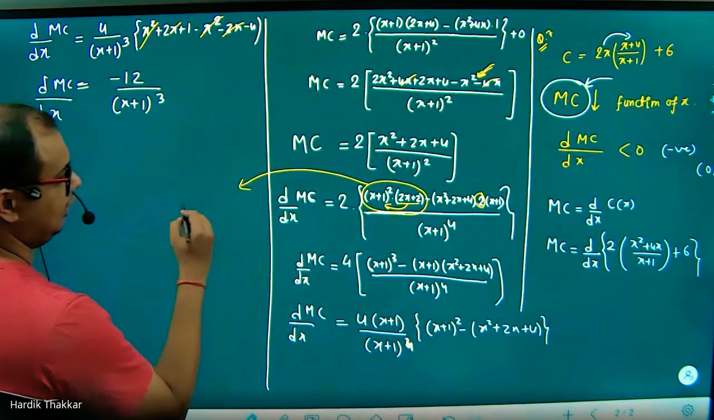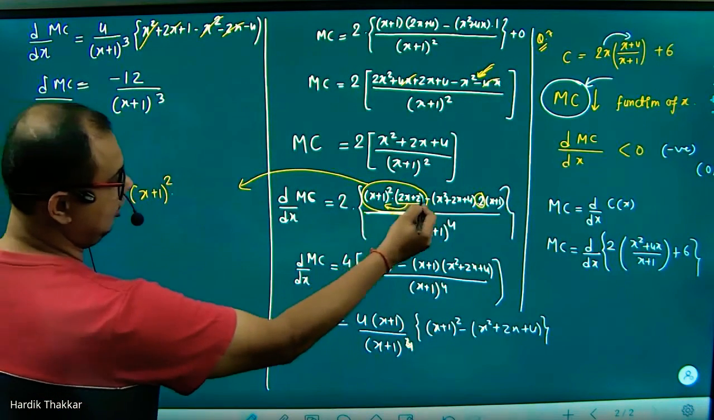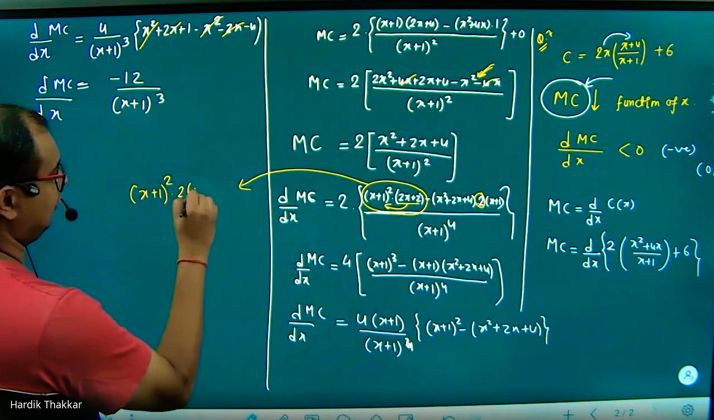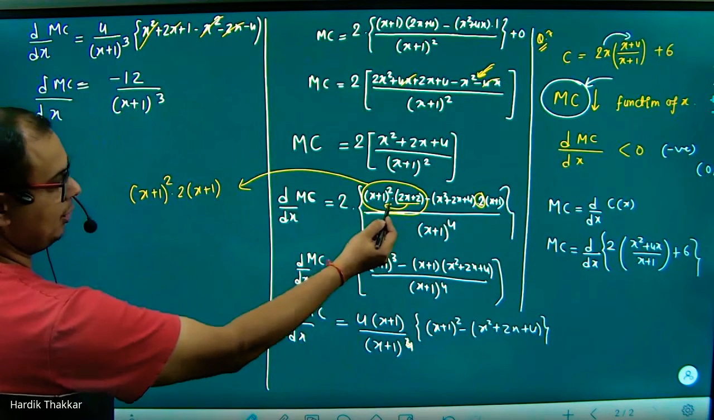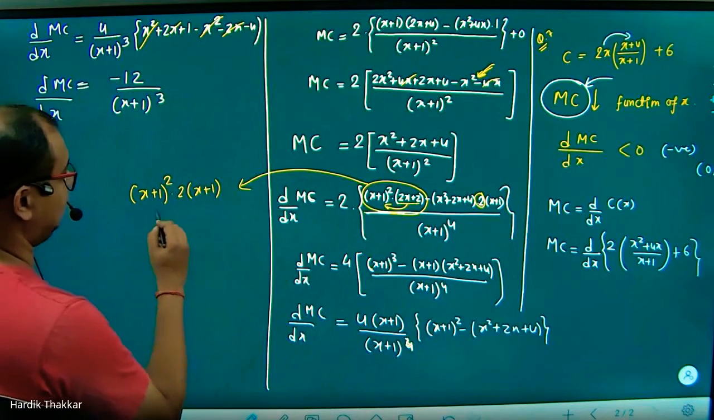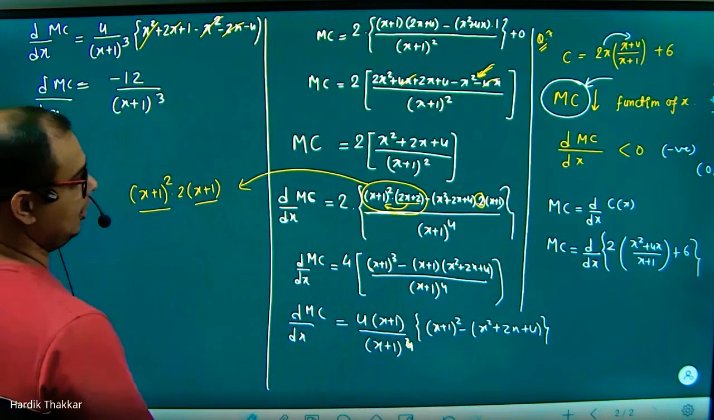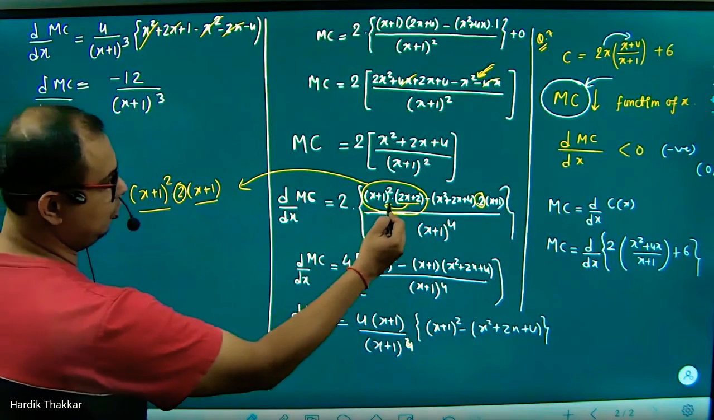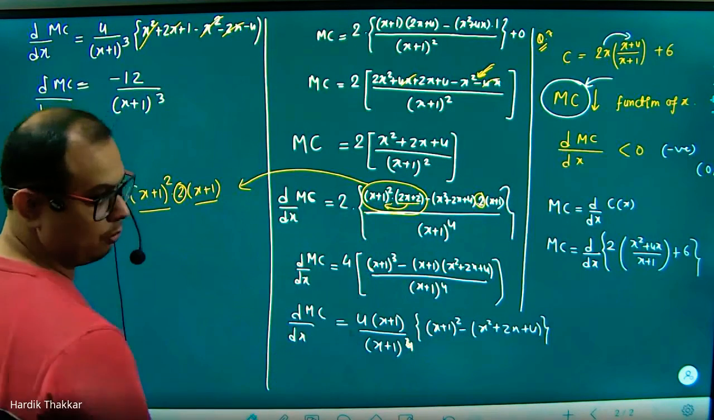Okay, so here it is like x plus 1 whole square, and we can take 2 common from here, so it will become x plus 1. So when we take 2 common from here, it will be like x plus 1. So that's why x plus 1 square into x plus 1 will become x plus 1 cube. And further, this 2 from here and 2 from here taken common from the bracket, so we'll get 4 here. Okay,